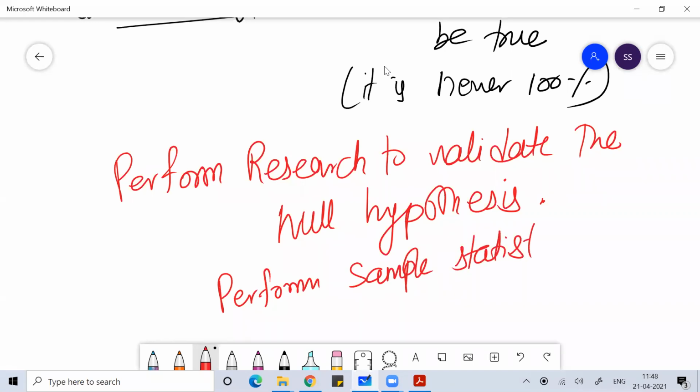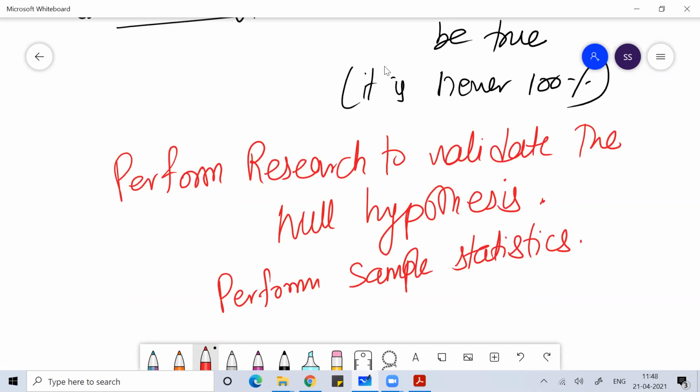So what we are given for the population is called the population parameter. To prove whatever is given in the population parameter, we perform a research, and that research we are trying to perform is called a sample statistics. Okay, so we collect the data first, and then we perform a test on that.